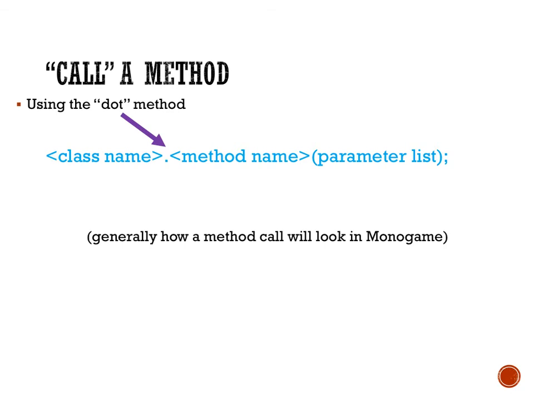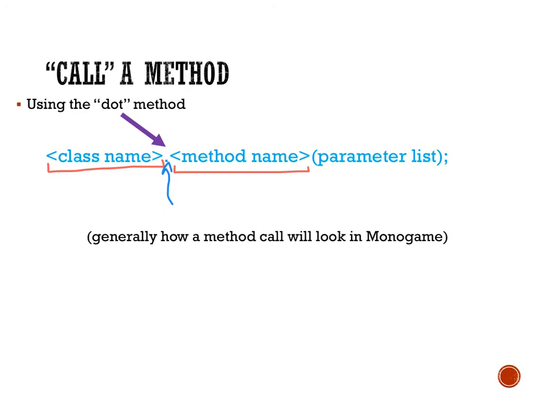The idea behind this is that in order to access this method, we first have to write down the class that it is in, because every method is located within a class. It is an action of some type of object. So you put your class name, and then the dot is saying go inside of this class, and then look for this particular method name. It's saying go into this class, look for this method name, and you're going to use this method,